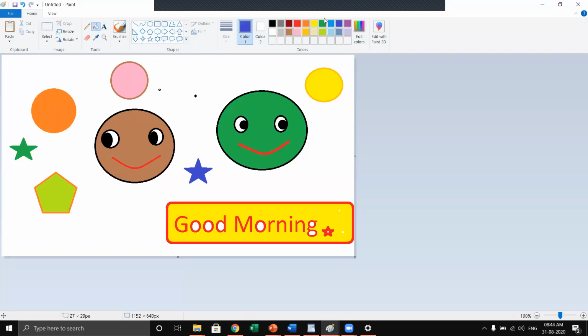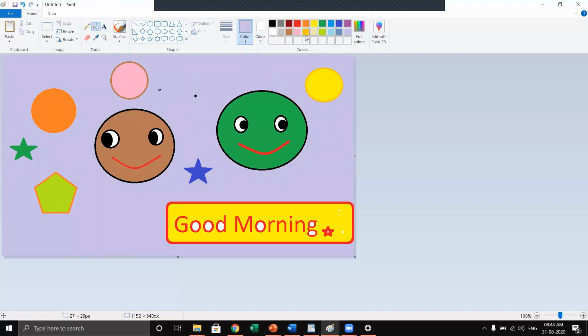So I'll take a light color because the desktop will be very light and you can observe all your icons. If you're taking all gaudy colors, it's difficult to observe your icons. You cannot see your icons. So I would prefer to give a light color. Okay. So now I have done this.